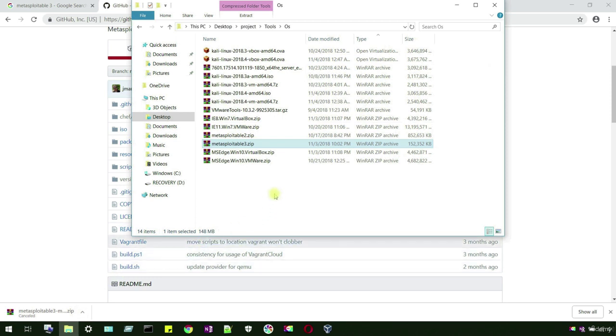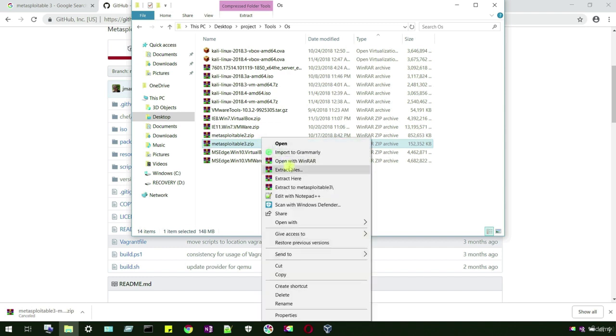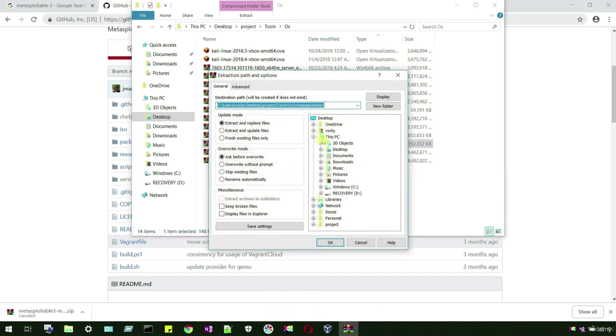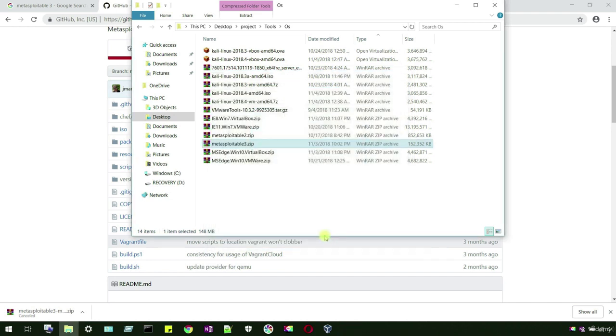Then I'll go to my Tools folder. Now you can right-click on the Metasploitable 3 archive and extract it anywhere you want to. I'm going to extract it to my desktop. Okay, great, extraction is completed. Now open the folder that you extracted the files to,